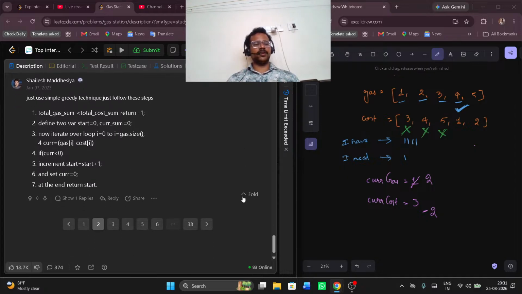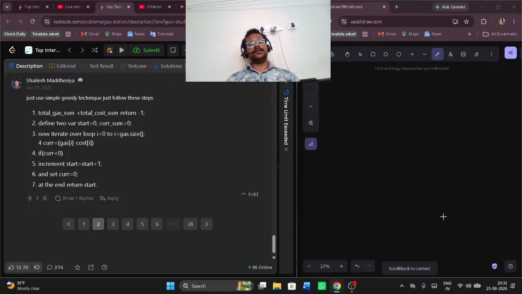Just use simply total gas sum and total cost sum. Define two variables, start is equal to 0, current sum is equal to 0. Now iterate over i equal to 0. Current is equal to gas of i minus cost of i. If current is less than 0, increment start equal to start plus 1 and set current equal to 0. Then return start. I know it's pretty easy, but